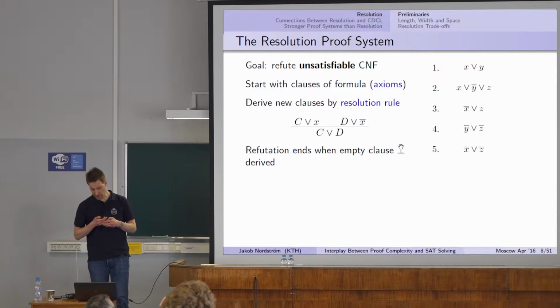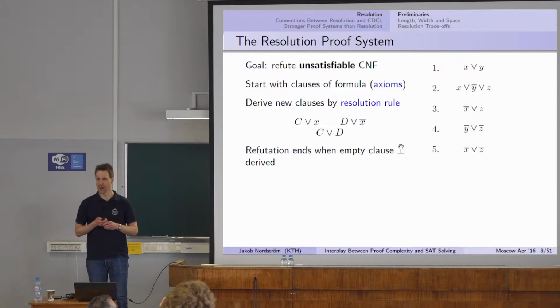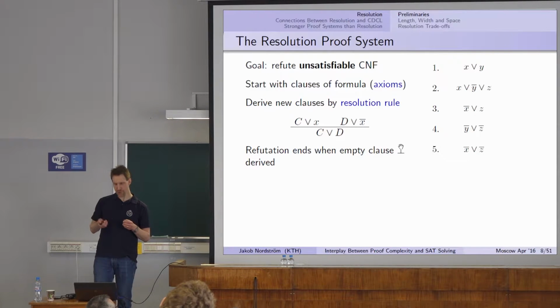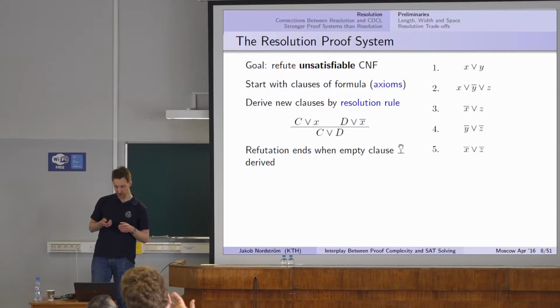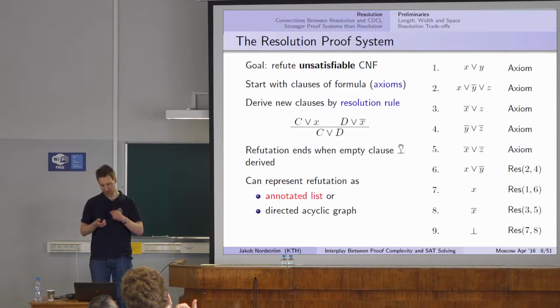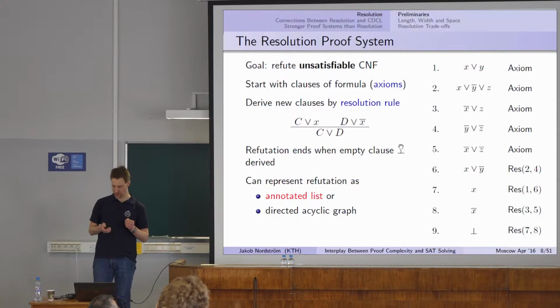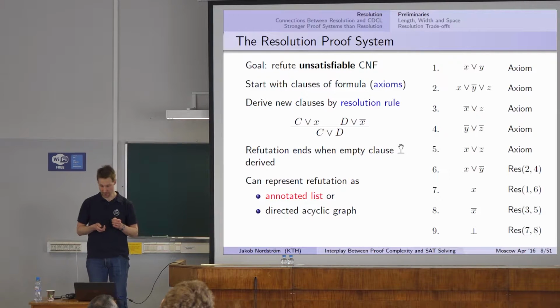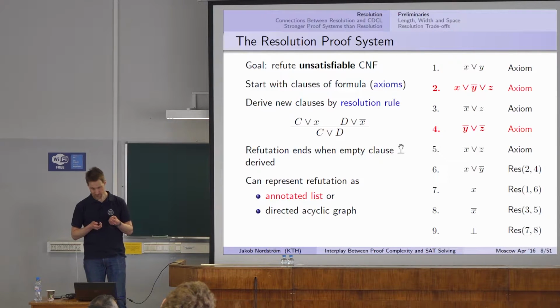So here's the formula from the first slide, 5 clauses. If you looked at it, maybe you could think about whether it is sat or unsat. Well, it's unsatisfiable, and here's a proof of this in resolution. One nice way to think about the proof is as an annotated list. We list the clauses, and for every clause we explain how it was derived. Okay, so the first 5 clauses are axioms, and then maybe I take axioms 2 and 4,